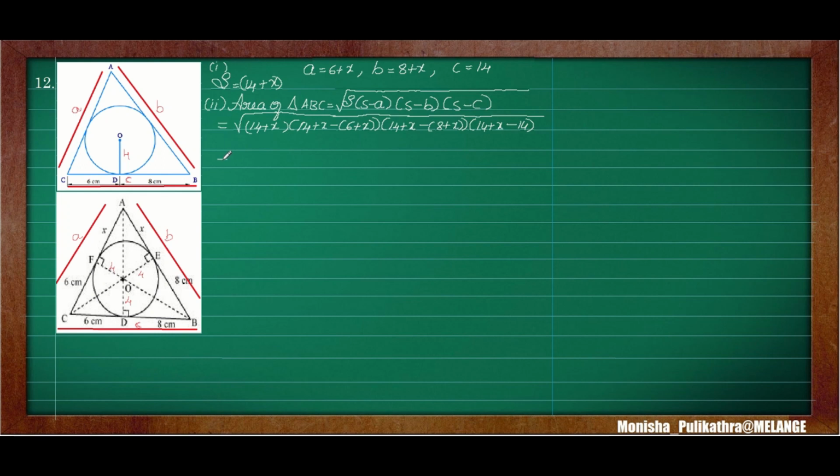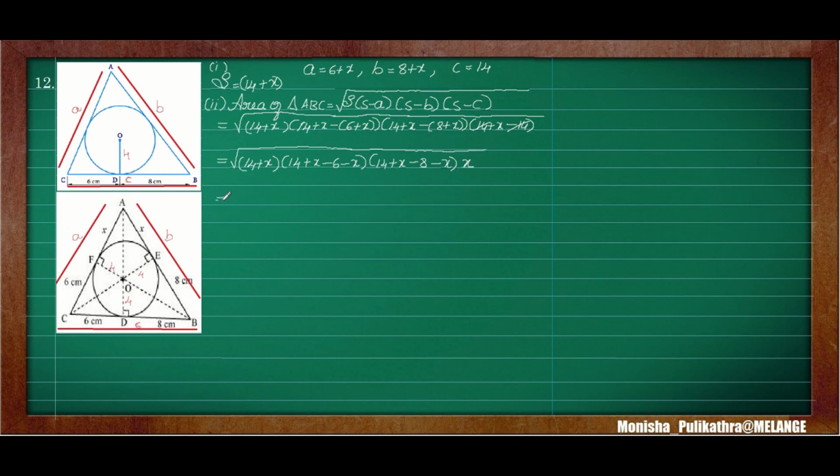Okay, so next we need to take out from the brackets. So 14 plus x, write as it is. So next, see here, 14 plus x minus into plus is minus 6, minus into plus is minus x. Okay, in the next session, 14 plus x minus 8 minus x. Here plus 14 and minus 14 cancel each other. The remaining will be x itself. So don't forget to write this square root.